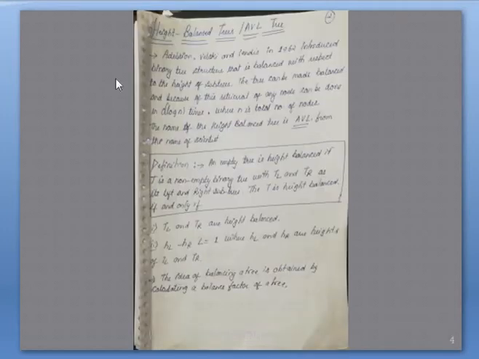So now we'll see what is a height balance tree, or we call it an AVL tree. Adelson-Velsky and Landis in 1962 introduced the binary tree structure that is balanced, balanced with respect to the height of the subtree, or the tree can be made balanced.